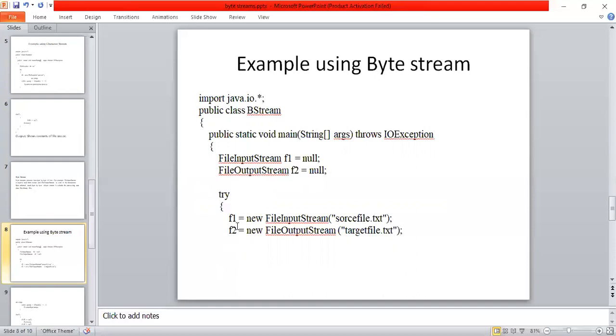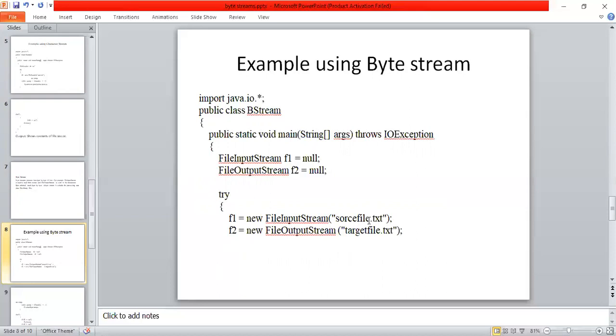Try begin. f1 is equal to new FileInputStream of sourcefile.txt. Listen carefully here. With this FileInputStream, I open the file sourcefile.txt in read mode.